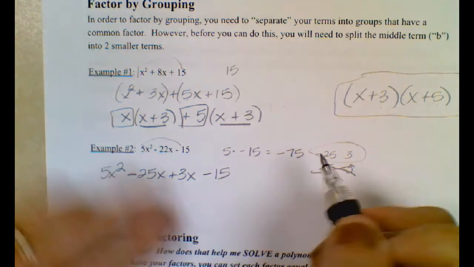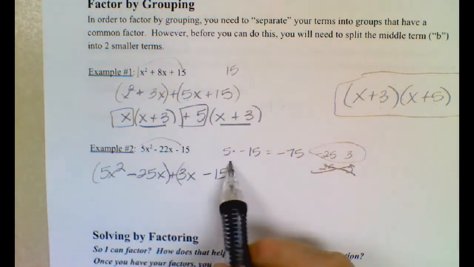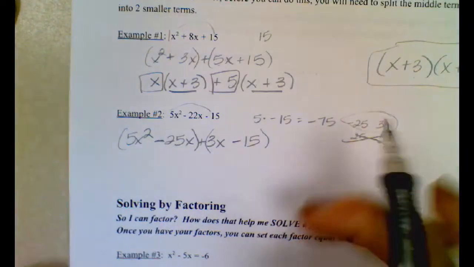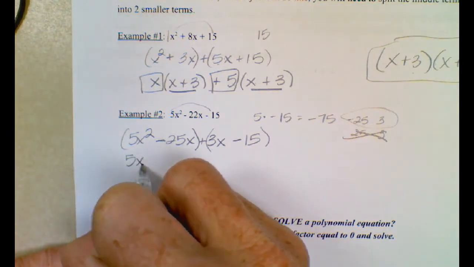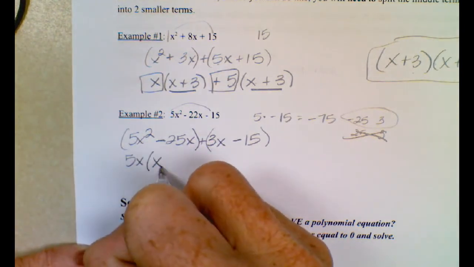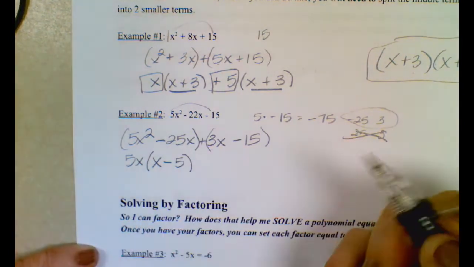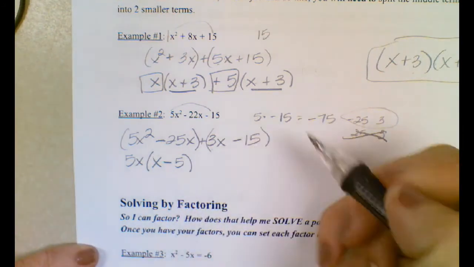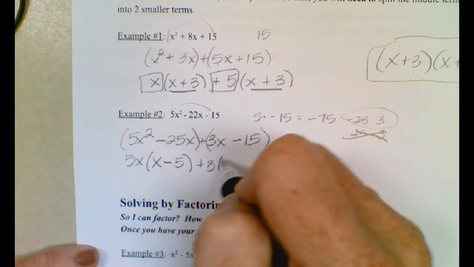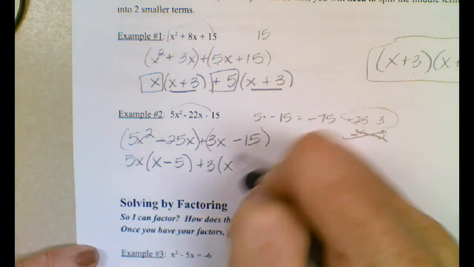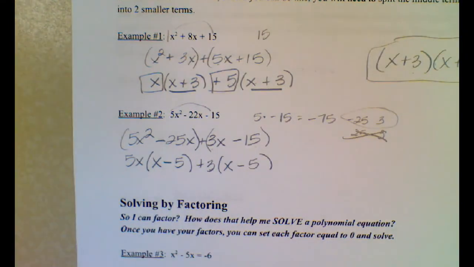And that gives me negative 15. So now I can factor. If I factor by grouping, you're just separating them into two sets of binomials. Out of 5x squared and 25x, I can take out a 5x. Once I take that out, I have x left, and then negative 25x divided by 5x is negative 5. Then out of 3x and negative 15, I can take out a 3. And once I divide 3 from each of these, 3x divided by 3 is x, negative 15 divided by 3 is negative 5. And lo and behold, I have